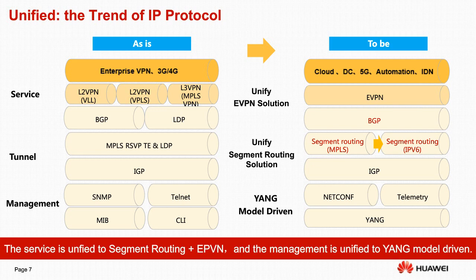For services, we have VLL, MPLS, and L2/L3 VPN, many kinds of VPN services, and those services are paired by BGP or LDP. Sometimes we can say the tunnel. We have the LDP tunnel, and sometimes we can deploy the RSVP tunnel. So we know we have to configure many different protocols with different configurations.